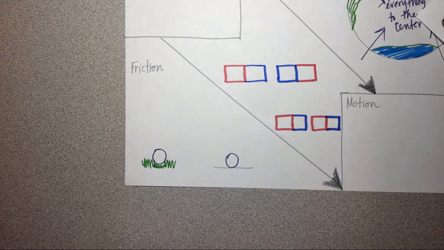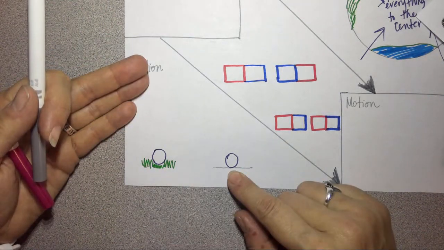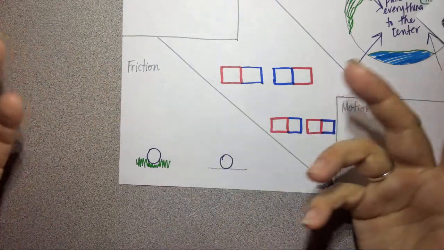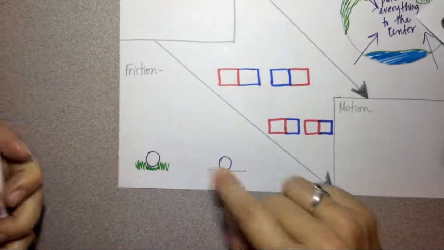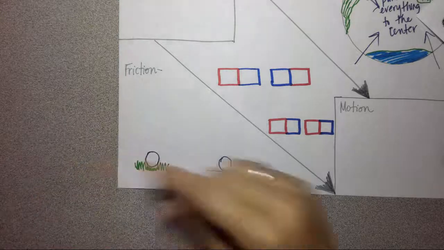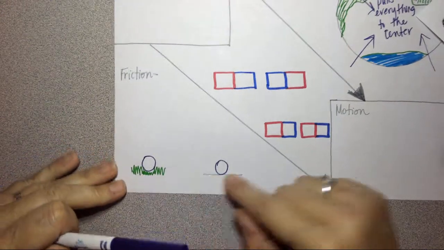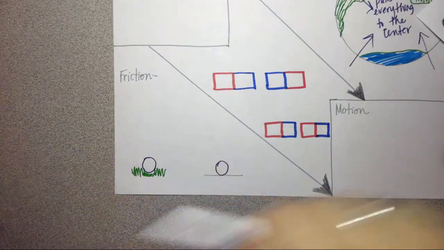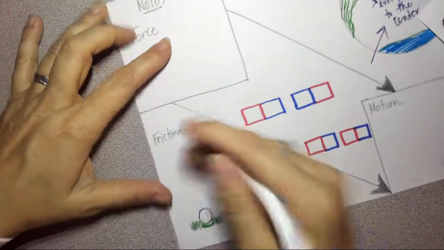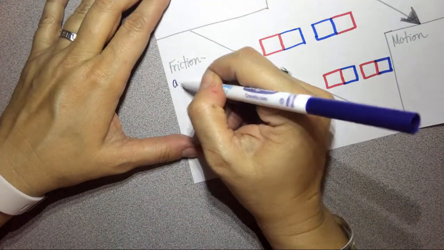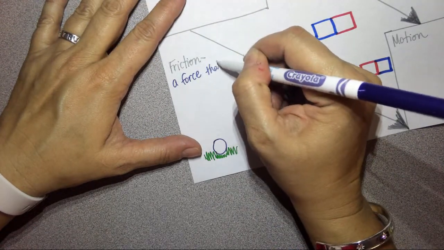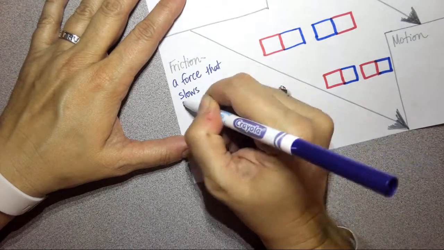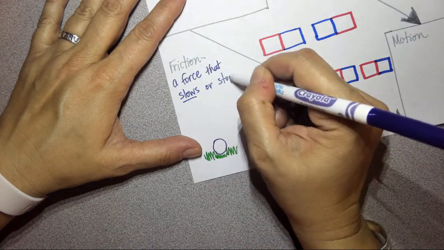It would be kind of like a soccer ball, kicking it in the grass compared to the street, right? In the grass, it's going to be a little bit harder to kick because of the friction, right? But on the street, it's going to be a whole lot easier to kick because of the lack of friction. This grass makes friction, whereas the street has no friction. So, friction is a force that slows or stops